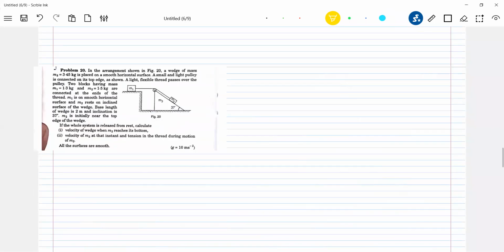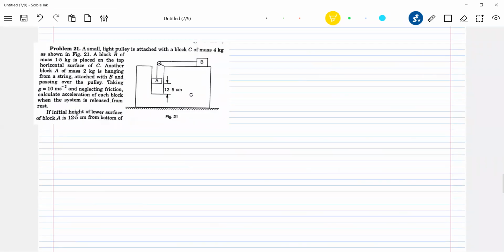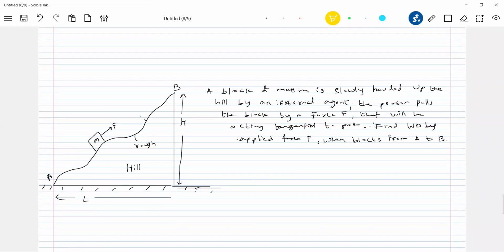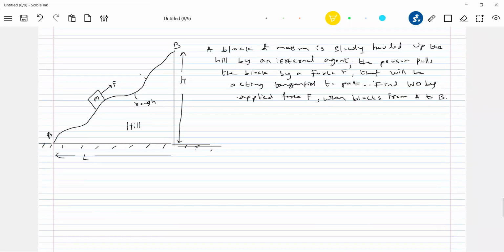I'll leave it to you. You try this one, the same concept. Can you try these things also? The same, similar. I'll supply the answers later on. I'll just leave it to you. Come for this one. Here there is not much mathematics.